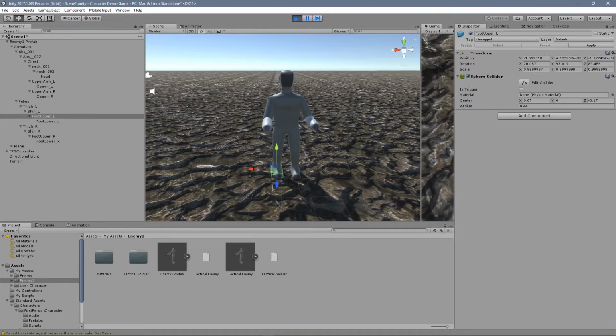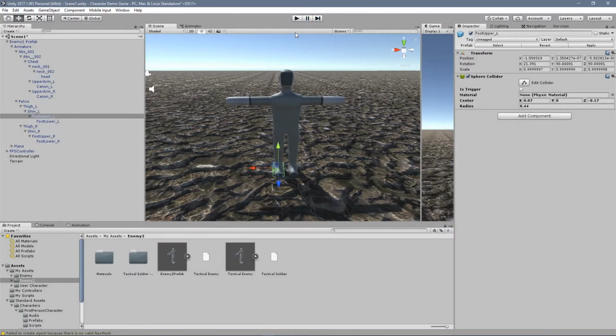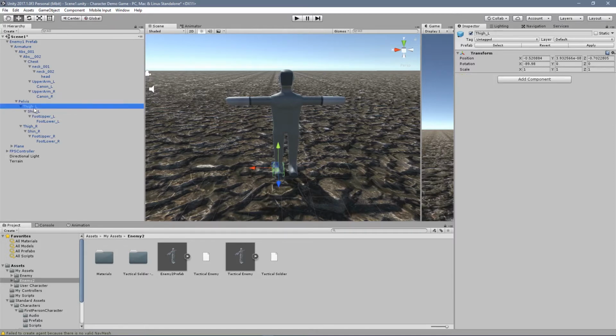Nice and simple. And that's going to work out very well for us. So let's just continue with this, and we'll get this all down. So I would go through each one, and I would give a capsule collider in the shin, capsule collider on